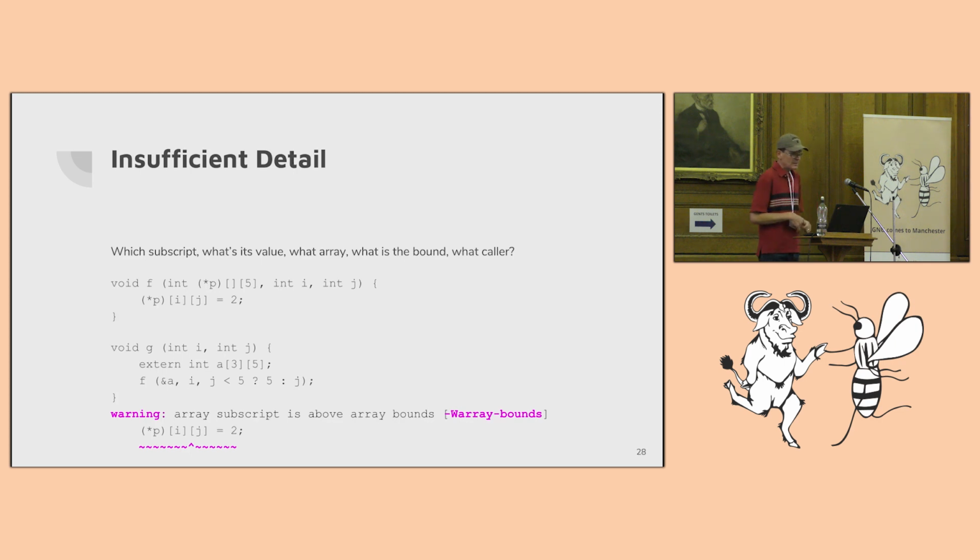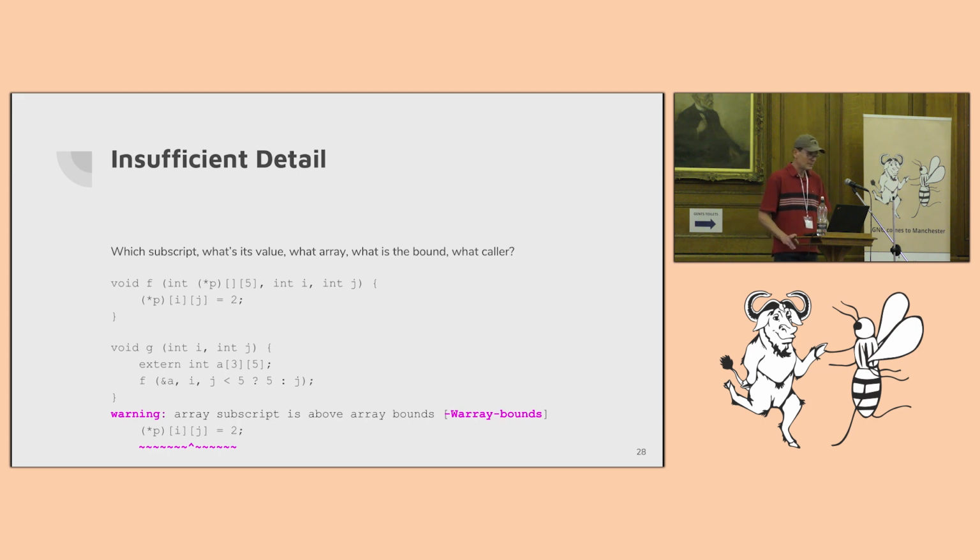So some of the examples of problems that you might run into is insufficient details. This is an example of an array bounds message that was issued by GCC. Some older versions of GCC, the quality has improved, but in this instance, we see that the array itself being referenced by function f is declared in another function, possibly in a different translation unit. The values of the arguments that are propagated as a result of inlining and constant propagation are also somewhere else at another point. Yet the text of the warning doesn't mention any of that.